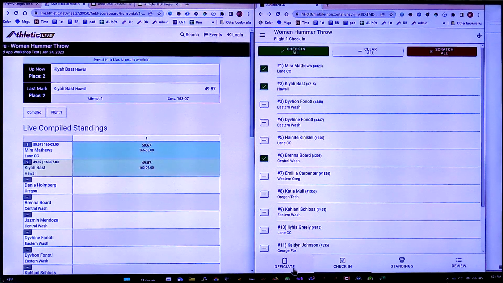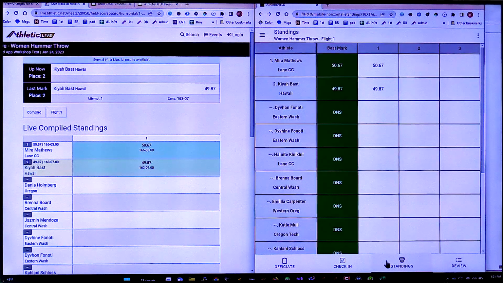So I've got 2 marks in. If I go to standings, I'm going to be able to see the standings for this flight. If I click on this button, I can change that to round standings. And what's extremely helpful at the end of a flight, especially if you've got someone that's also doing paper and